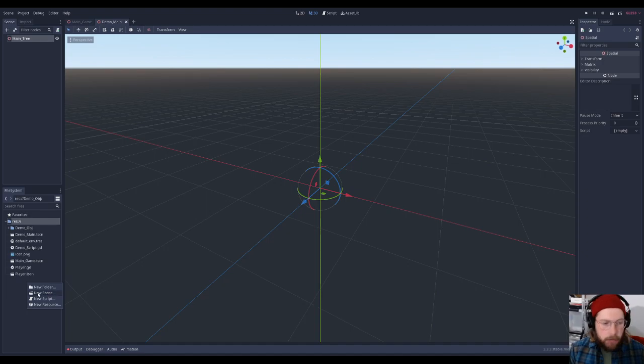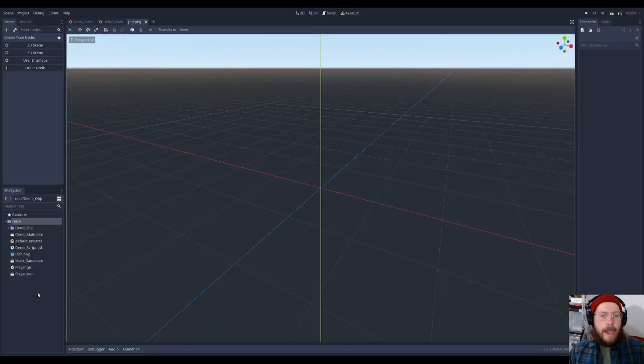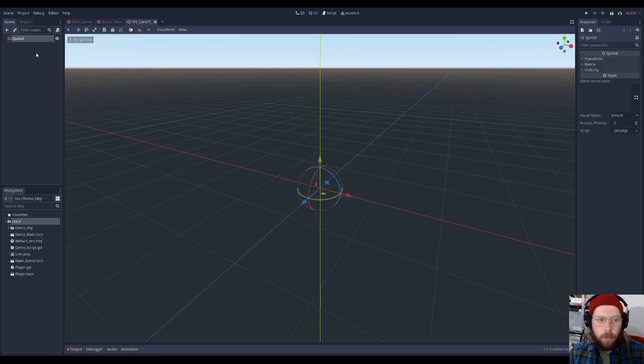So I'm going to do the same thing. I'm going to right click, say new scene, and let's say FPS cam, something like that. And that seems good. Cool. And I'm going to go ahead and create another 3D scene here. Cool. Now, this is what I was saying before about that I'm going to change this fundamental node here, because